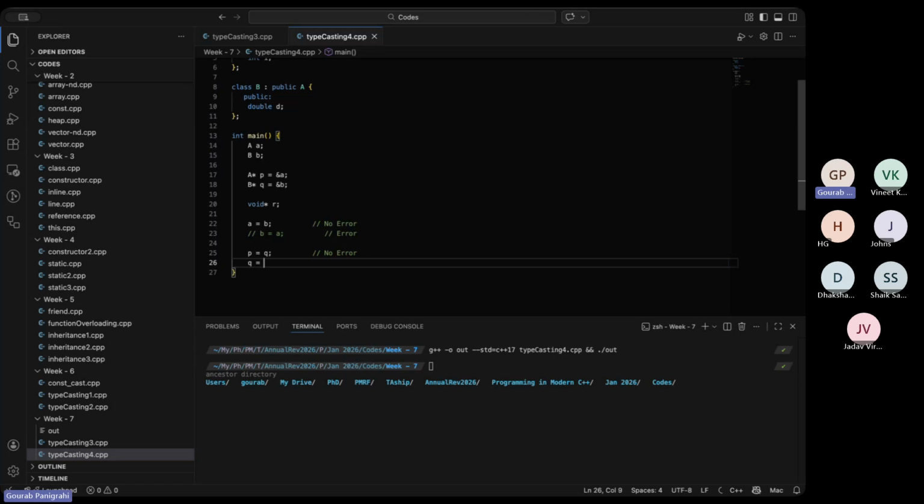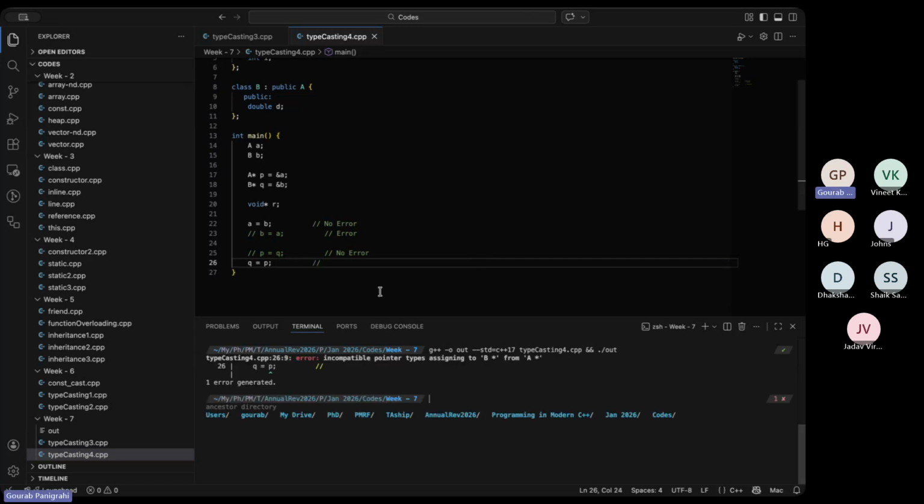I think you guys can guess what will happen now. Essentially, there is a pattern. So let's confirm it. Yeah, it's an error. Very similar to the arguments in this case. It shows an error. Reason being,